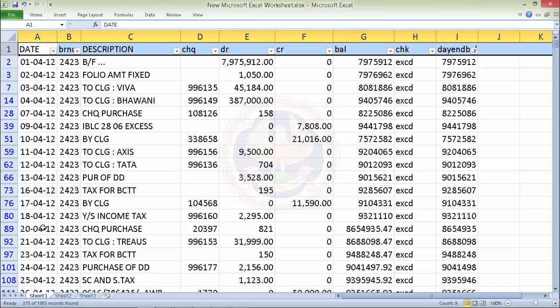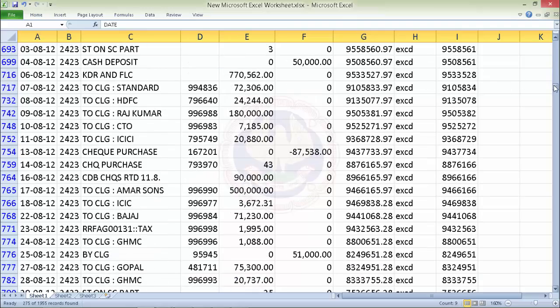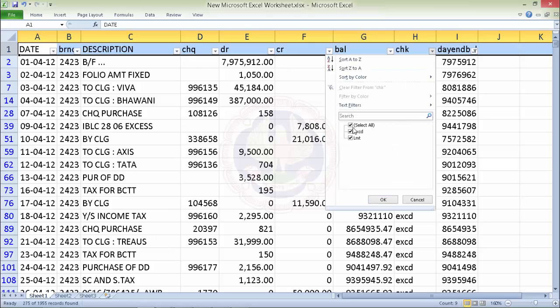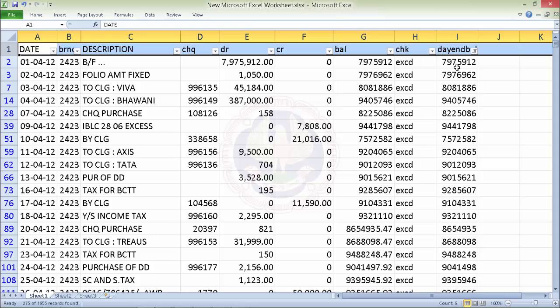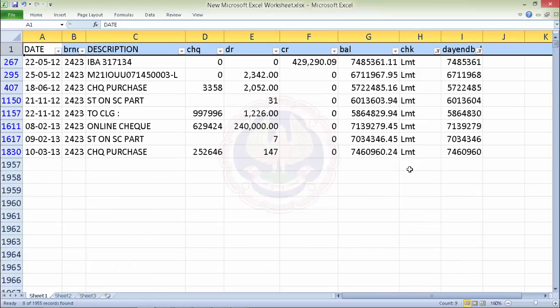Under these unique dates, if for continuously 90 days the limit is exceeded, then you say this account is NPA. Otherwise, it is performing. This is one way. But should I say exceed or should I say limit? Now, after removing the zeros here, I go on to deselect and select only limit. Now you can see here, these are the only dates in the total 365 days where the account is